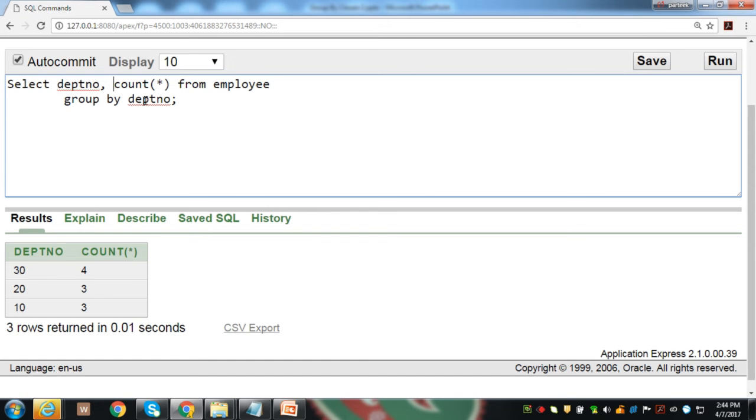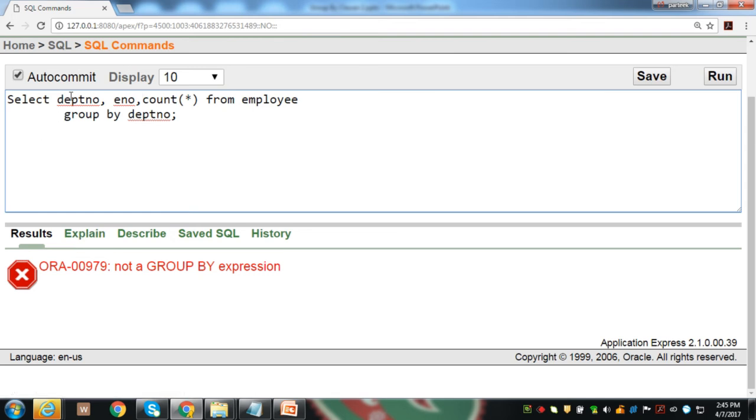Here we are making a grouping on department number and we are selecting department number and count of employees in these department numbers. Here we have 3 departments and this is the count. In this query we are selecting only department number and aggregate function count. If I try to select any other column in this select statement, it will not be allowed because only those columns are allowed in the select statement which are involved in the group by expression. Here we are making a grouping on department number, so only department number and the aggregate column is allowed. No other column like e-name, e-number is allowed in this query, and if you try to write it, the system will display an error message.